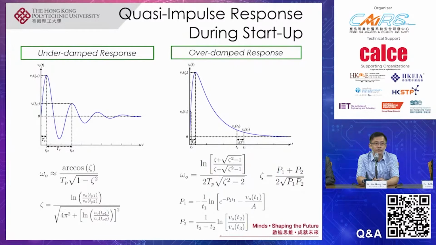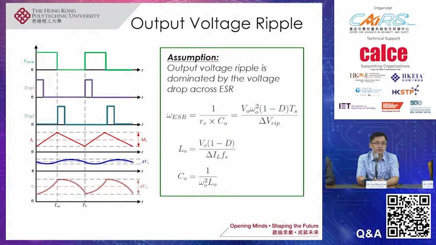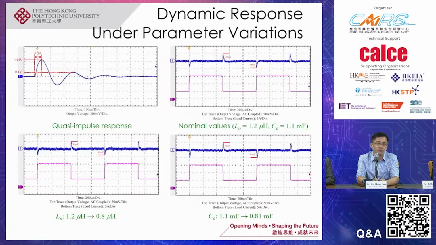I mentioned that there are two critical frequencies here. We've already measured one frequency using the impulse response. The second frequency, the ESR0 frequency, which is related to the parasitic resistance of the capacitance, can be measured by the steady state output voltage ripple. I won't go through the maths here, but what we can see is that if we are able to measure the output voltage ripple, we can use its value to estimate the ESR0 frequency, which is another precursor that we can use to estimate the current state of health and also the remaining useful life of a buck converter.